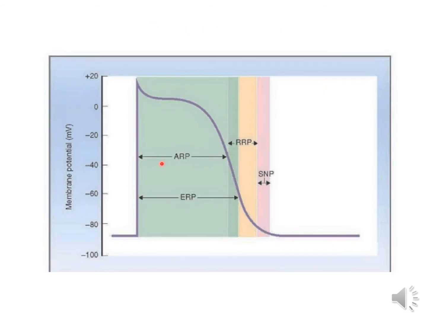So in this diagram, we can see that absolute refractory period includes phase 0, 1, 2 and initial one third of action potential. Then there is effective refractory period, which is almost equivalent to the action potential duration. So usually during action potential, the tissue is in refractory state and it usually does not respond to a strong wave of depolarization. But sometimes there are conditions where even during action potential, it may respond to a new wave of depolarization, which may result in arrhythmia. We will discuss that later on.